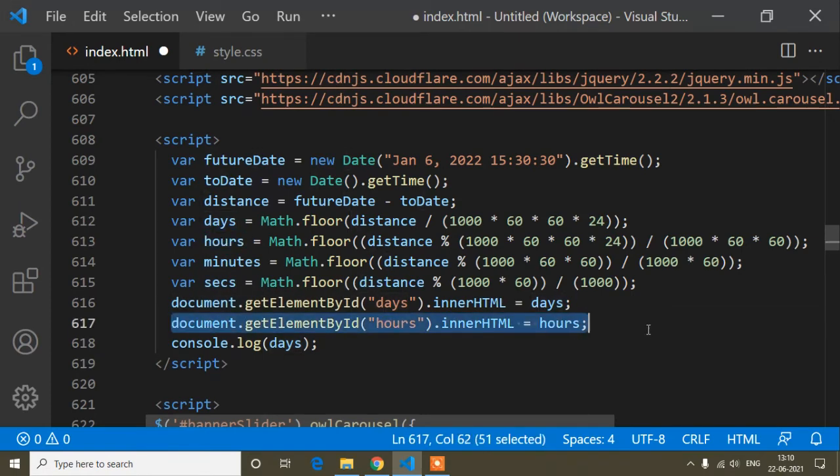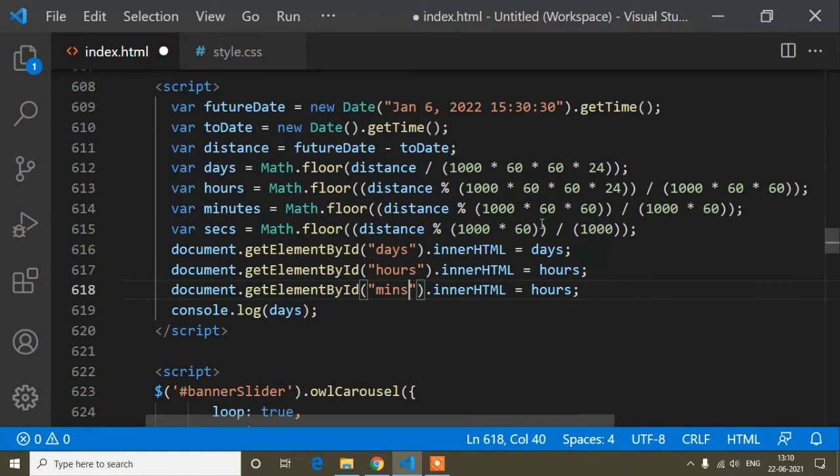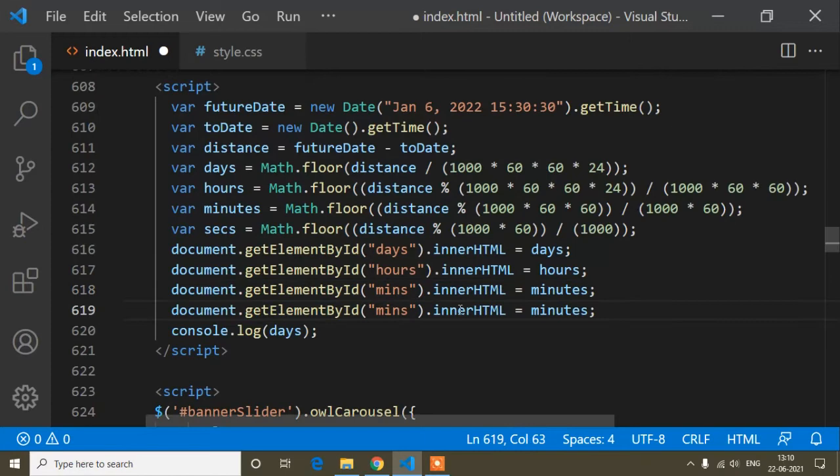Again I will copy and paste, and the ID name was minutes, so I will store this minutes variable. And again I will copy this one, paste, and the ID name was seconds, and here I will store this variable seconds, okay.